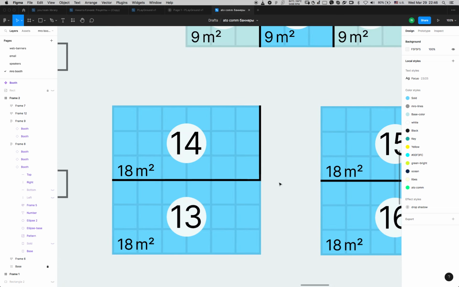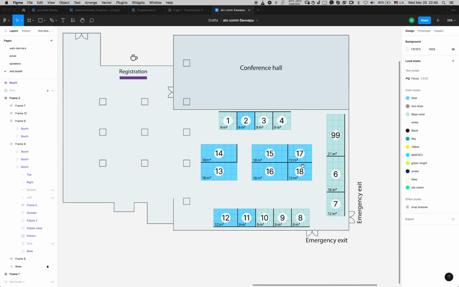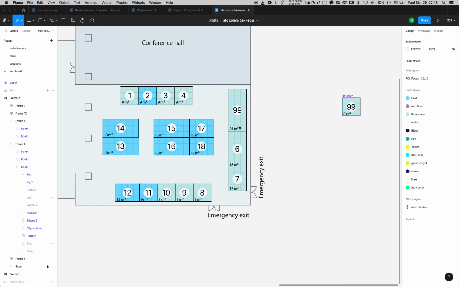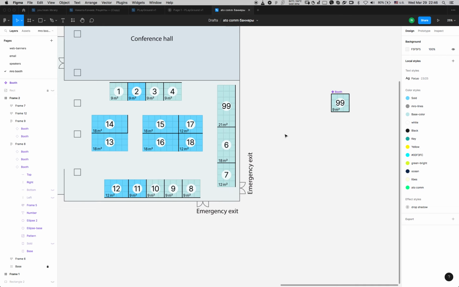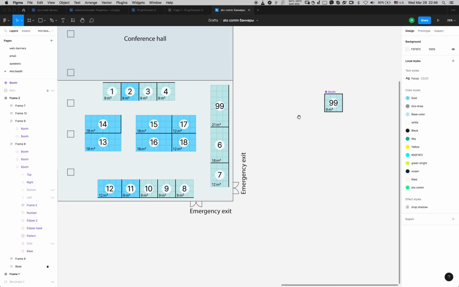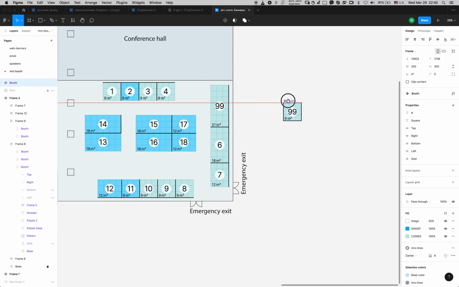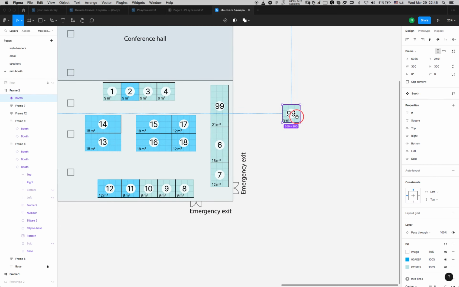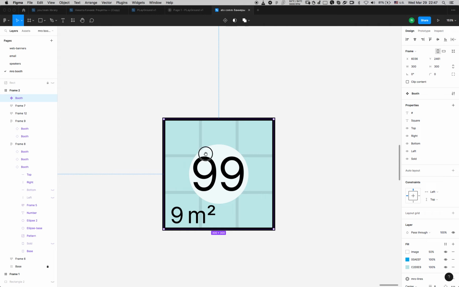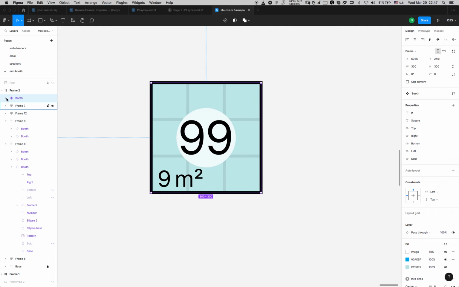So here it is. If you create some floor plans, you could imagine how handy these elements are, and I want to show you